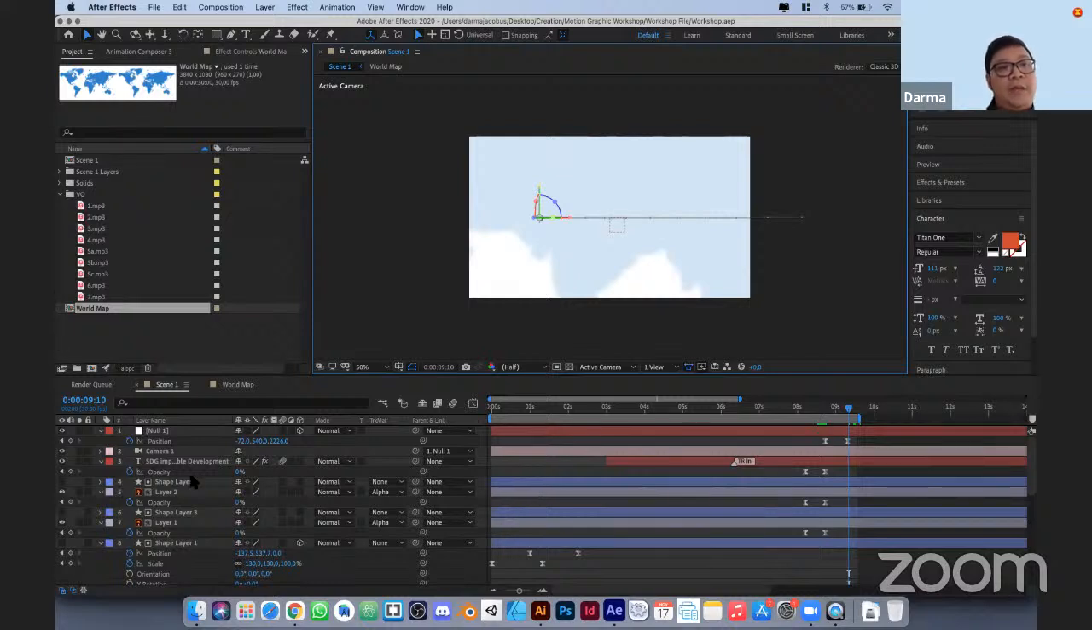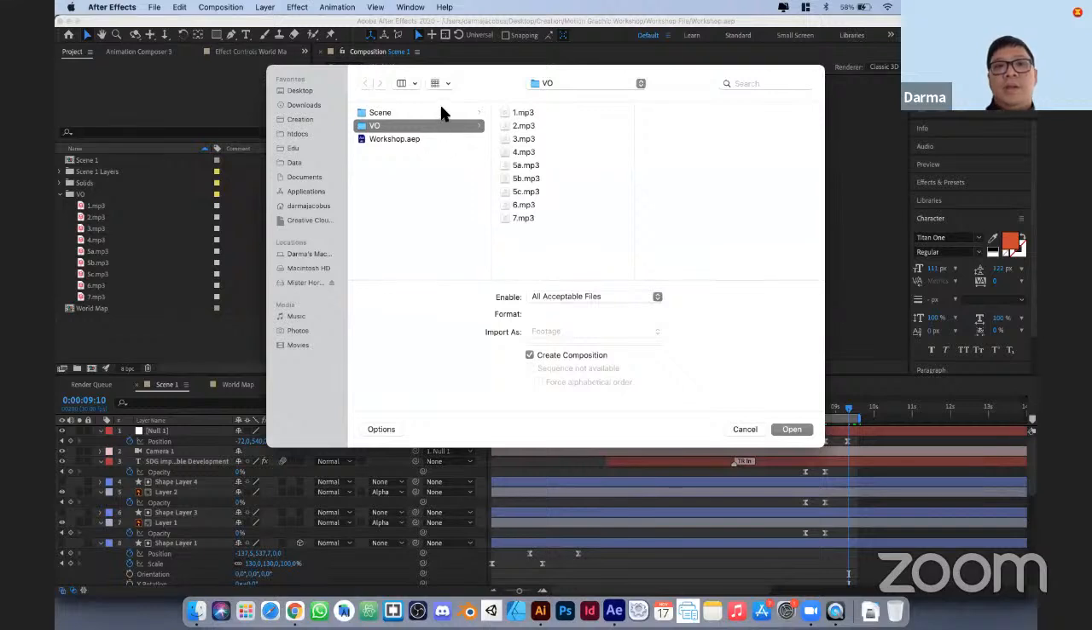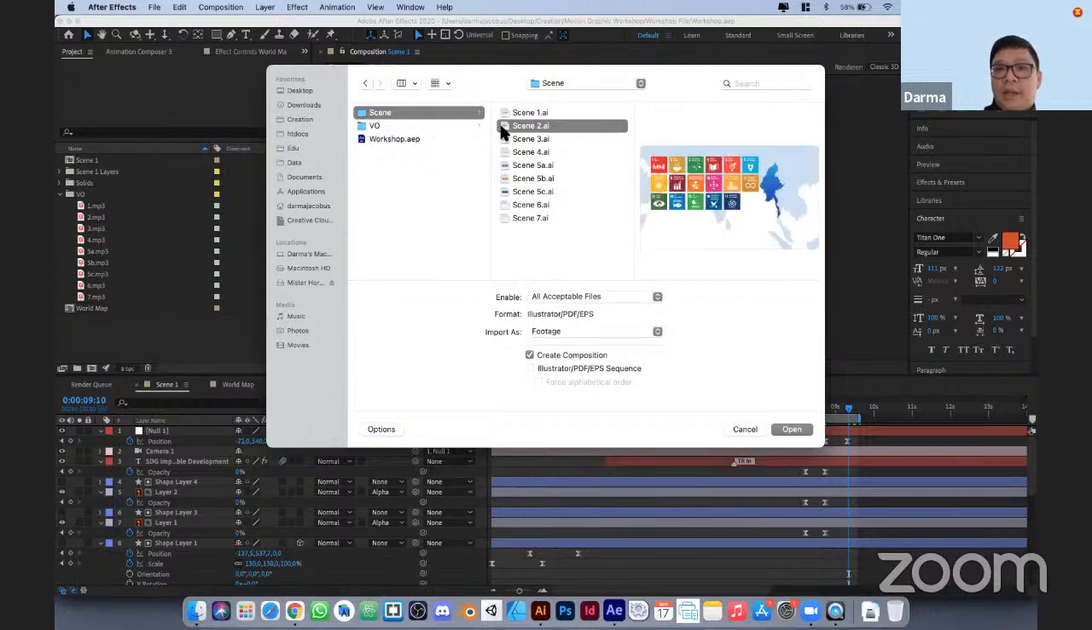Now we will move into scene 2. For scene 2, you can import it again by double clicking on the empty space in here. Just double click, and then go to the scene folder and select scene 2. Again, change the import as option to composition retain layer sizes. And then create composition is checked. And don't check this one,